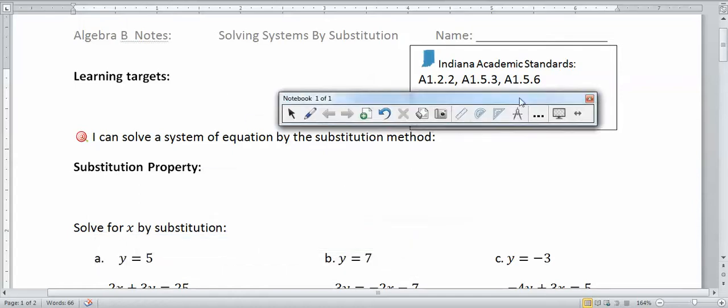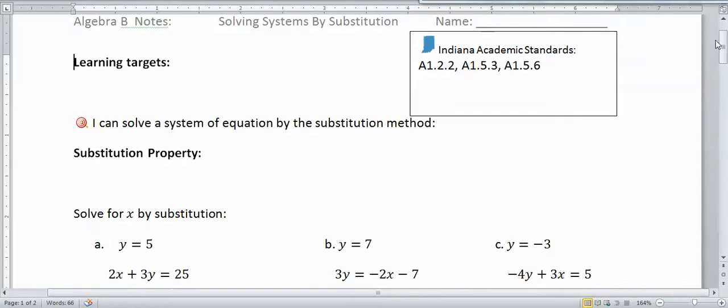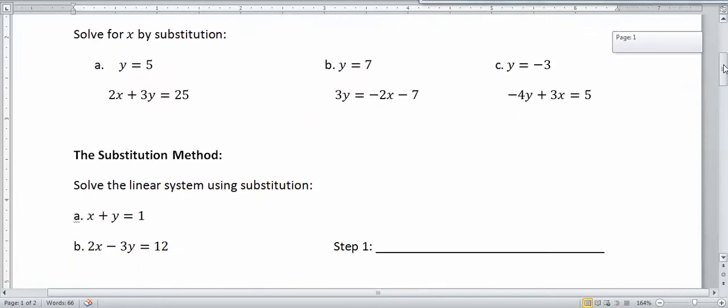Okay, so today's learning target is that I can solve a system of equations by the substitution method. So we've solved systems of equations by graphing, so we know that we're looking for where those two equations have the same point, right? What x and what y will solve both of those equations simultaneously. Okay, so using the substitution method is a process by which